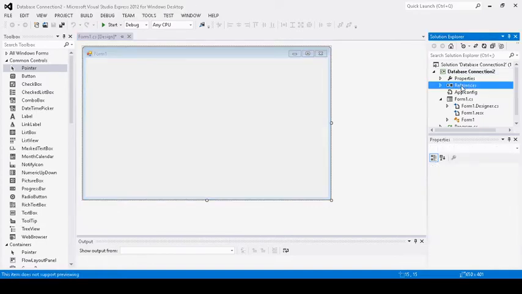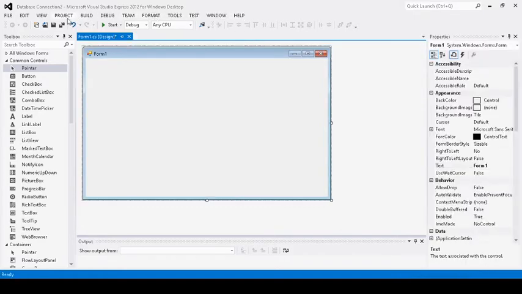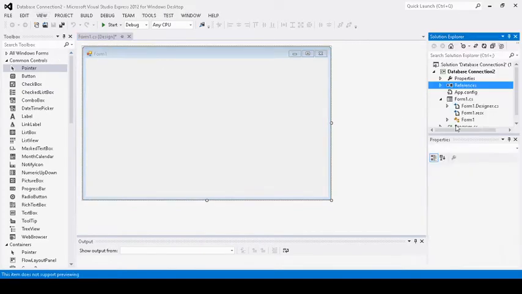So here in our Solution Explorer, right click references. Oh, by the way, in case this is not open, just click View and then Solution Explorer there. Okay, there. And the next is you have to right click references and add reference, and then click browse, and select this one, MySQL.Data.dll, then add, then click OK.